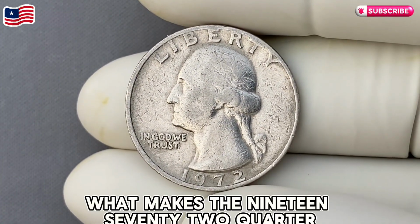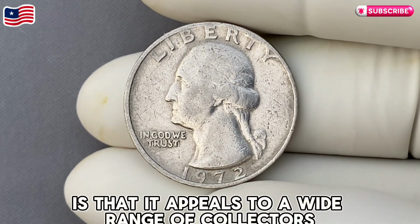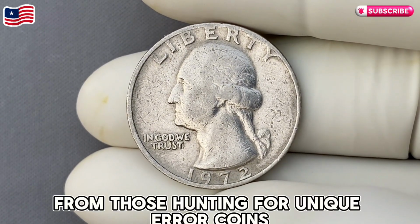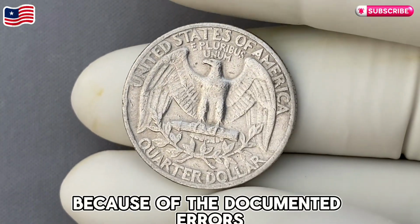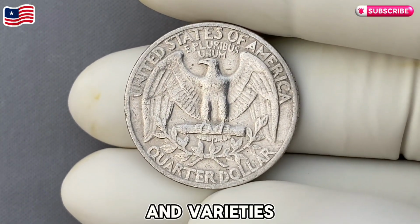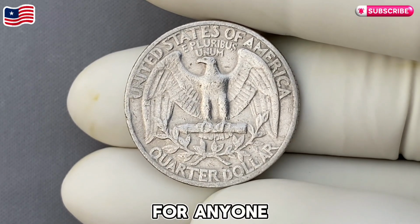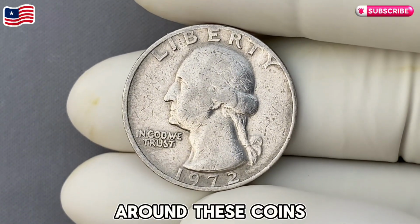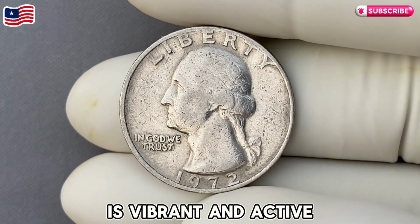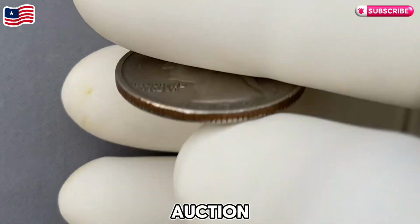What makes the 1972 quarter even more exciting is that it appeals to a wide range of collectors, from those hunting for unique error coins to those passionate about completing rare sets. Because of the documented errors and varieties, the 1972 quarter stands out as a must-have for anyone serious about numismatics. Plus, the community around these coins is vibrant and active, with collectors constantly sharing finds, tips, and auction results, which